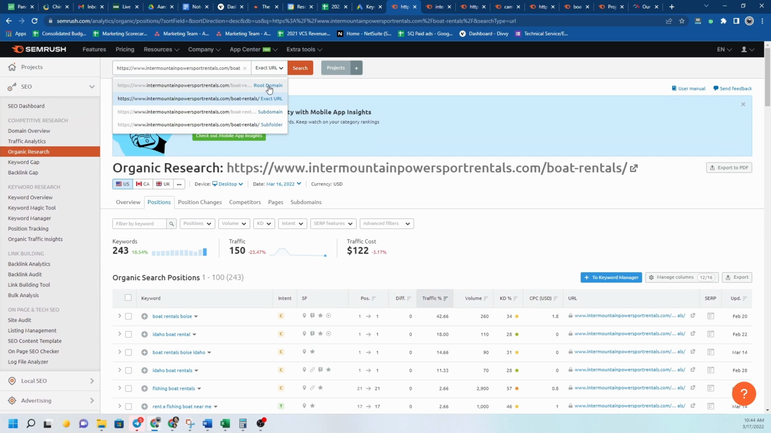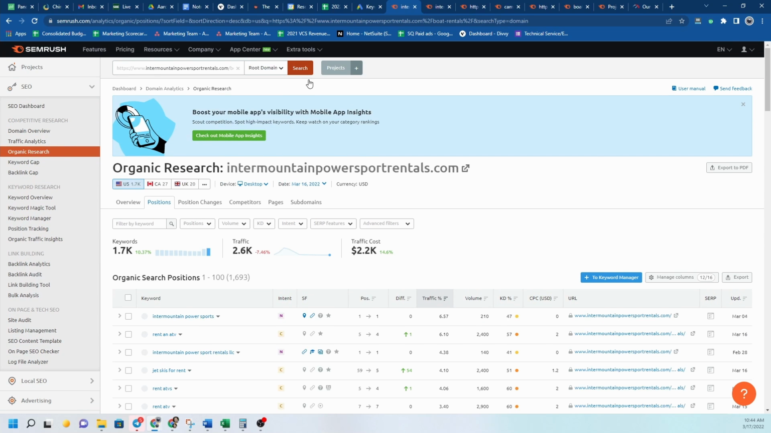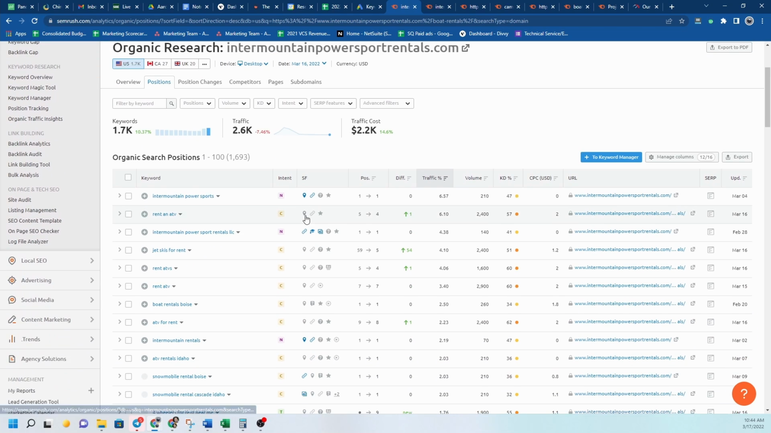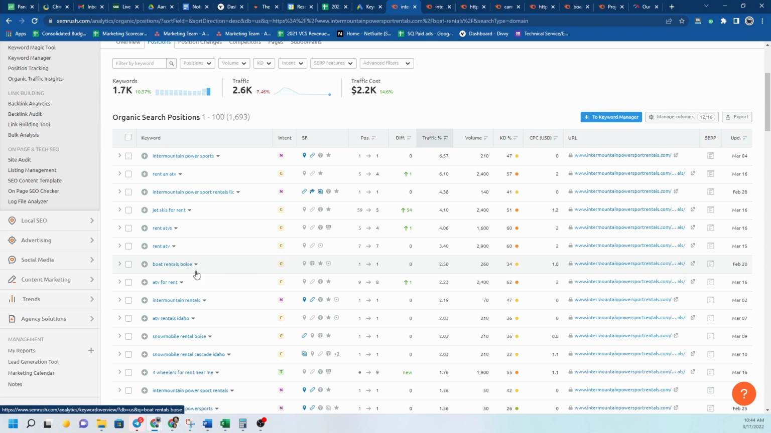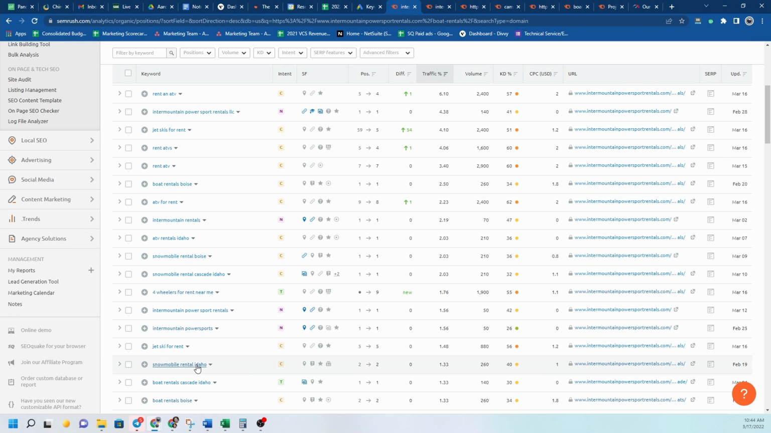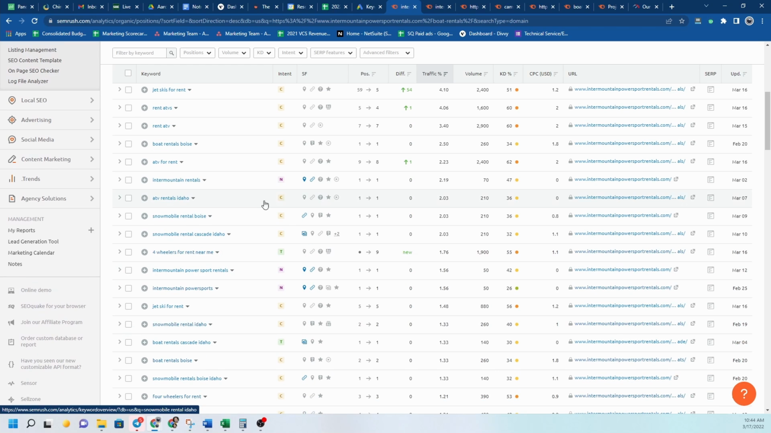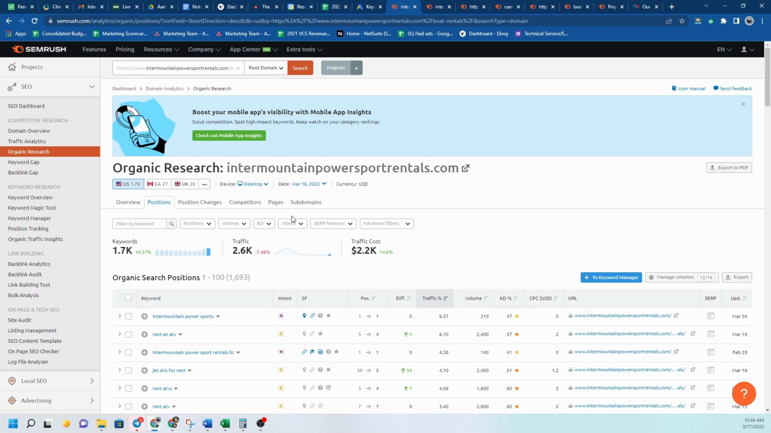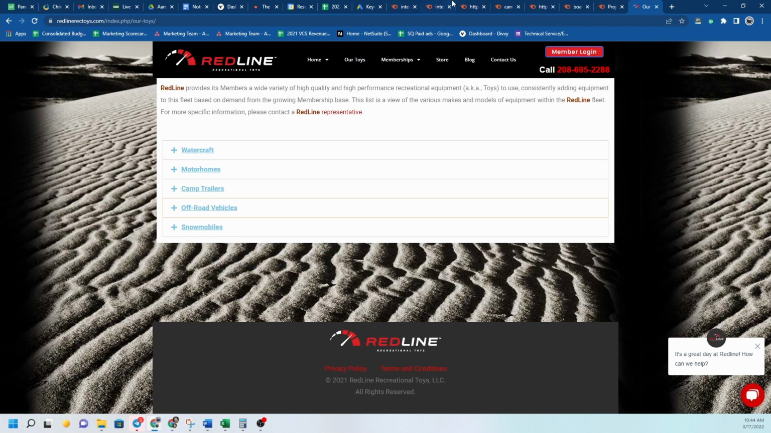Let's also go ahead and look at the rest of the domain to see what keywords they're using to drive traffic. So boat rentals, Boise, still we go to ATV rentals, Idaho is also driving a significant amount of traffic for them. They've also got jet skis, snowmobile rentals. So right away, this is going to give Redline some really good direction on what they need to do with their keyword research. And also what they'll want to see is what kinds of pages is their competitor using to